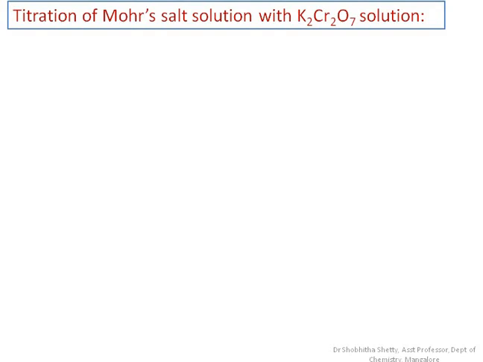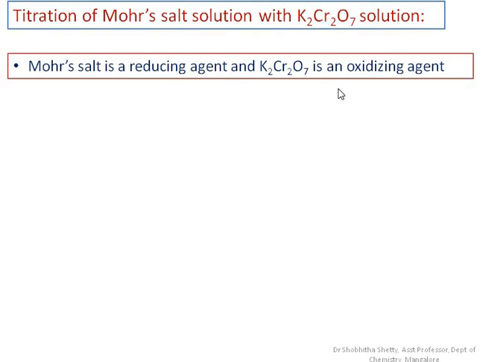We will be discussing in detail one of the potentiometric titrations that we are going to perform in the lab also, that is the determination of Mohr salt solution using potassium dichromate. Mohr salt is nothing but ferrous ammonium sulfate. Here we are going to find out the concentration of Mohr salt in the given solution. What is the amount of FAS given, using a potentiometer, and we will be using an oxidizing agent here, potassium dichromate. In this titration, Mohr salt acts as a reducing agent, whereas potassium dichromate acts as an oxidizing agent.